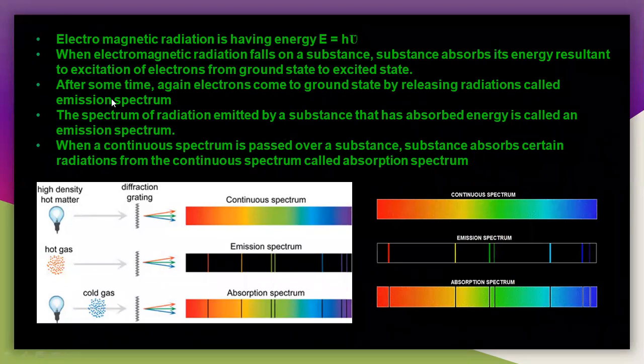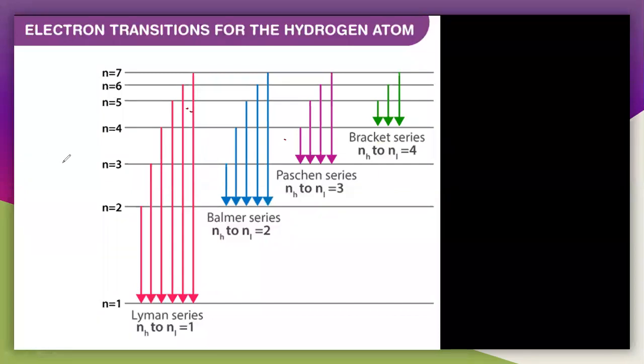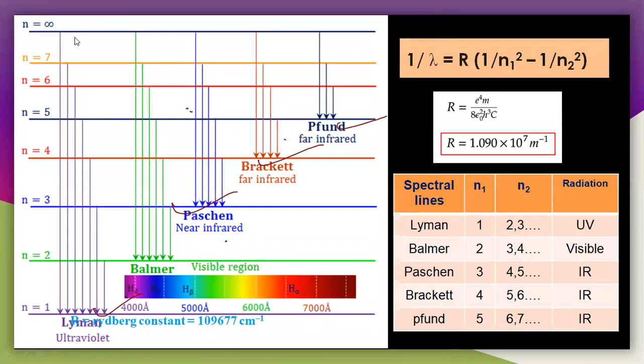Now let us see the lines in this hydrogen spectrum. So what are the lines here? These are the lines, you have to remember this. That is the Lyman series, Balmer series, Paschen series, Brackett series, and the next one, the Pfund series. Actually, this is missing here. You have to understand these points. So the first one is the Lyman series, Balmer series, Paschen series, Brackett series, and the Pfund series. So what is this actually?